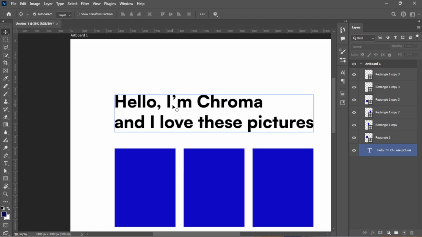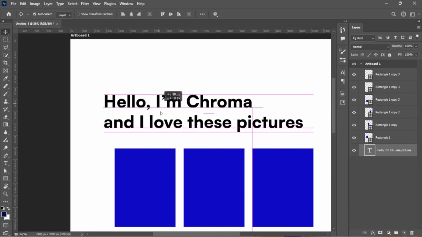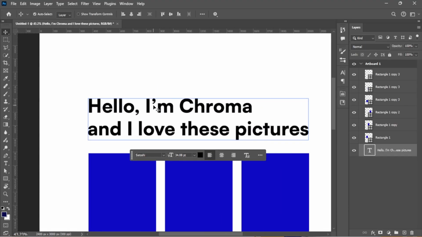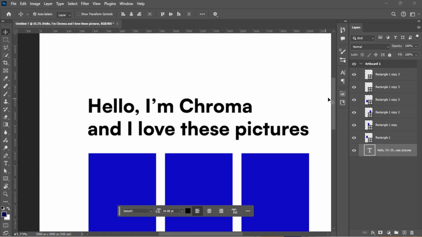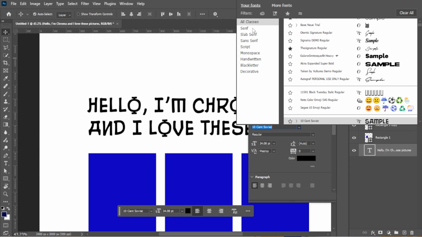Yeah, pardon me, I forgot to mention something about the text layer when we're working on it. Now when you create your text layer, your default font might be another thing. It might not be this font I'm using, it might look different. So how do you change your fonts? The same way we come to properties, we look at the fonts. I'm presently using Satoshi, so you can choose